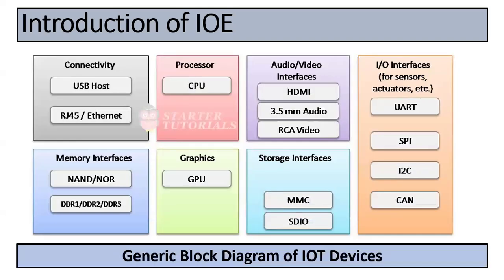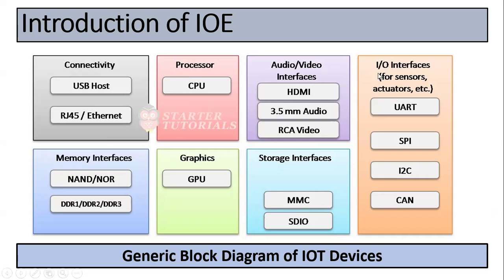Now what actually do IoT devices have? This is a basic building block of IoT devices, where you can see the connectivity is through USB or Ethernet. Then there are memory interfaces. Then there is a graphics block, and a processor which processes the instructions or programs. Then audio video connections are available. Then storage interfaces like MMC card and